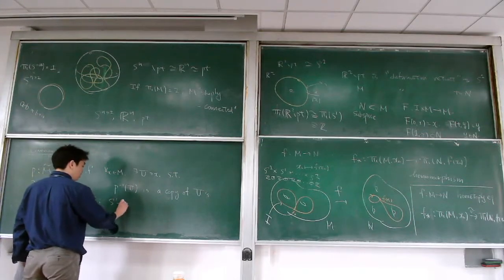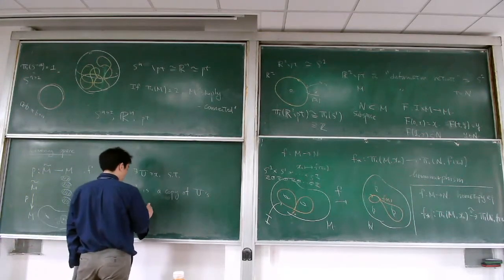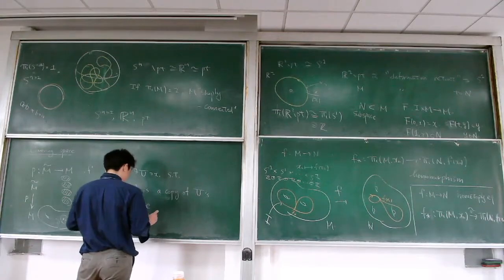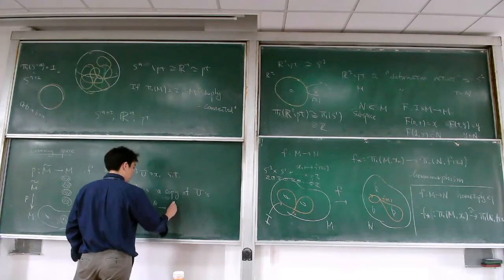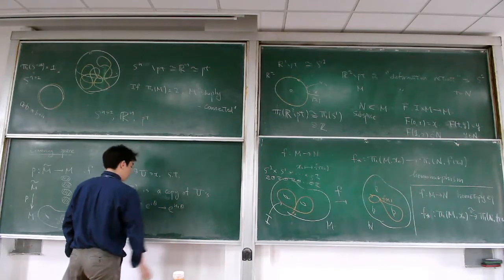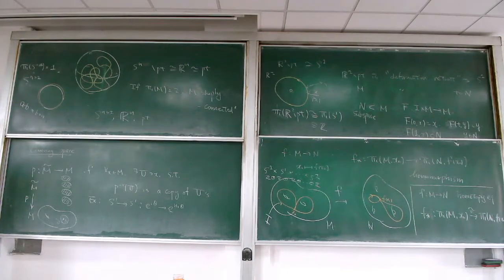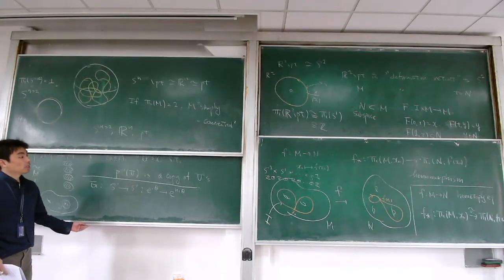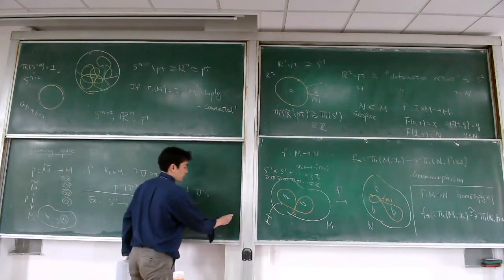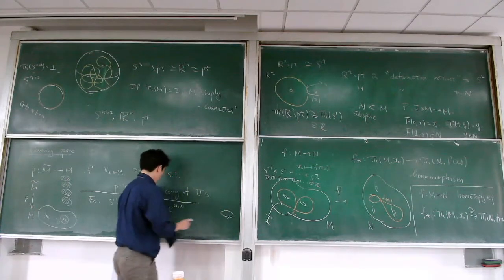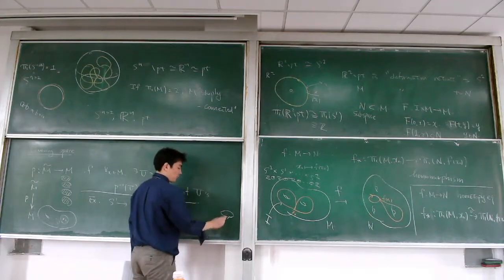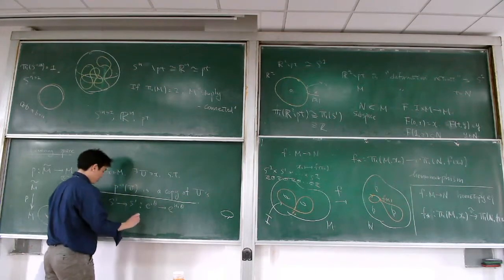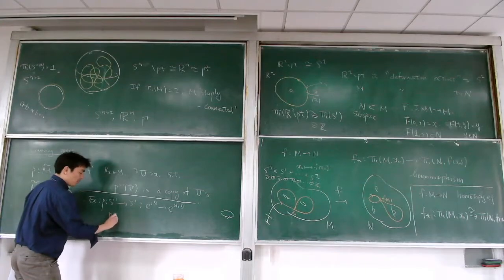So let's consider S1 cross S1, which is just a map to the... So this is an example of a covering map. Let's consider the circle here. And if you look at the pre-image, you have the pre-image of 1. Let's call this map P. The pre-image P inverse of 1